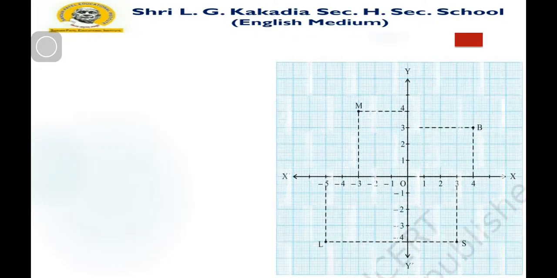So here given the plane and x-axis, y-axis, and also the given point. About point B, the abscissa means the perpendicular line that meets the x-axis. Here you can see that the coordinate on the x-axis of point B is 4, and the coordinate on the y-axis of point B is 3. As well as all these points you can see here,